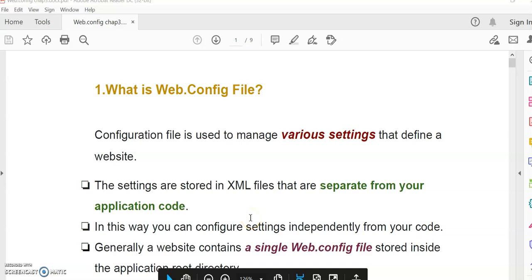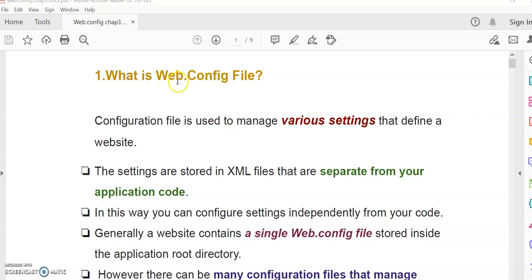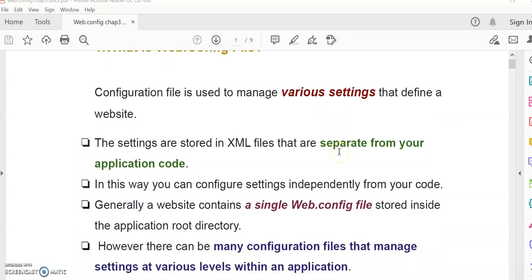In this video we are going to learn the web.config file. This is one of the configuration setting files present in ASP.NET. This file is used to manage various settings that are used for the website. Suppose we want to connect to a database or connect to a server, we will mention that in the configuration file, and that will be applicable for all your application containing